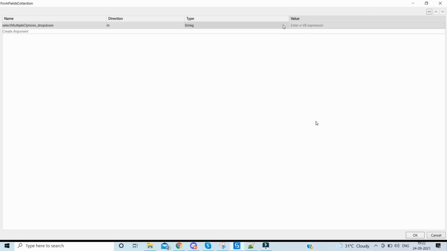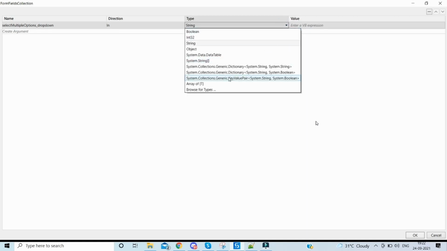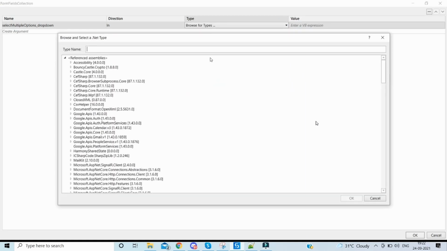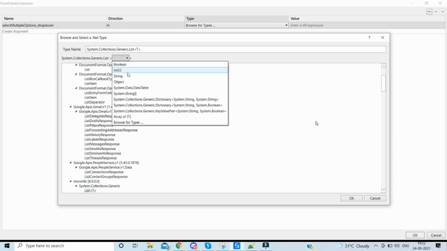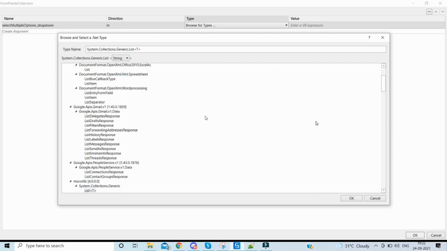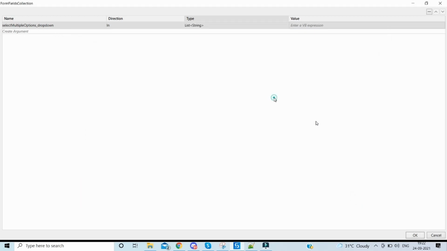So let's select the type as a list of string. For that, we'll browse for the types and search for list, and here we get the list, and then it will be a list of string. So select string over here and click OK.